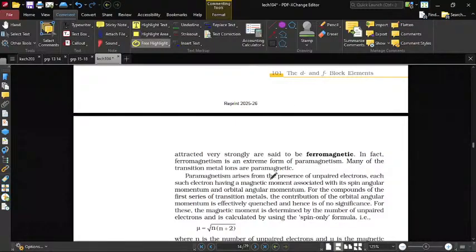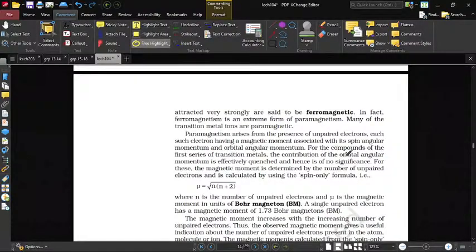Many of the transition ions are paramagnetic. Paramagnetism arises from the presence of unpaired electrons, each such electron having a magnetic moment associated with its spin angular momentum and orbital angular momentum. For the compounds of the first series of transition elements, the contribution of orbital angular momentum is effectively quenched and hence is of no significance. For these, the magnetic moment is determined by the number of unpaired electrons and is calculated by using the